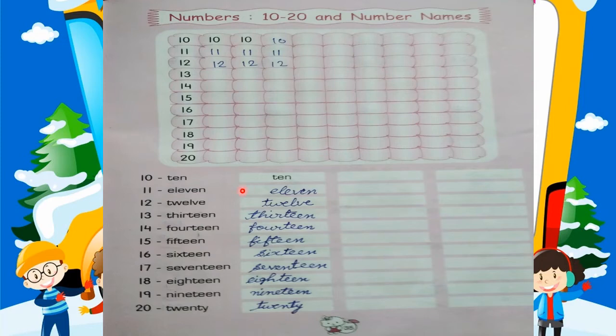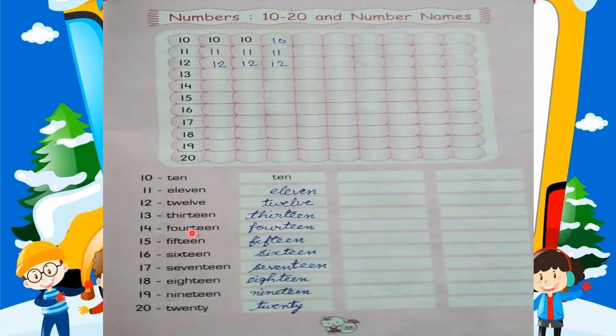Now next, this is with their names, number names with their spelling. Just like the first is 10, T-E-N, 10. So you will write T-E-N, 10 in all these three boxes. Next is 11, E-L-E-V-E-N, 11. What is the spelling of 11? E-L-E-V-E-N, 11. So we will write 11 in all these three boxes. Next 12, T-W-E-L-V-E, 12. What is the spelling of 12? T-W-E-L-V-E, 12. Next is 13,